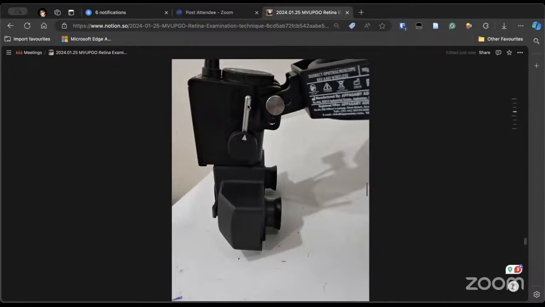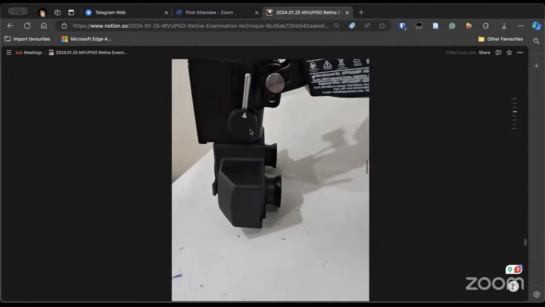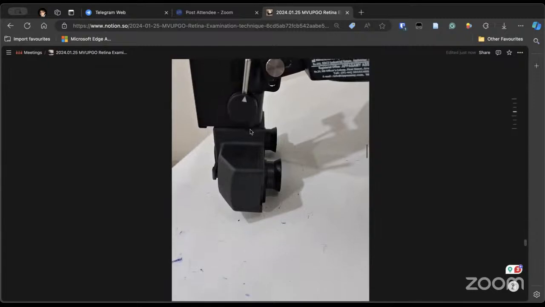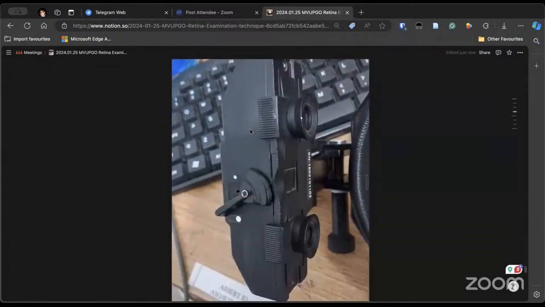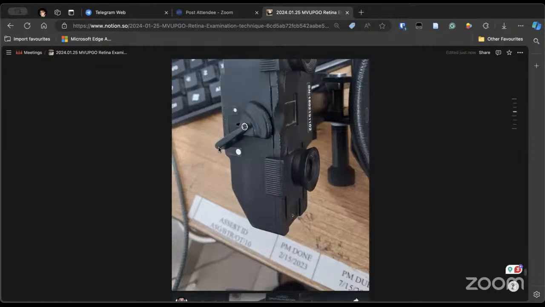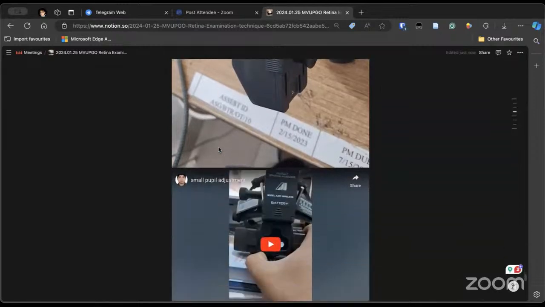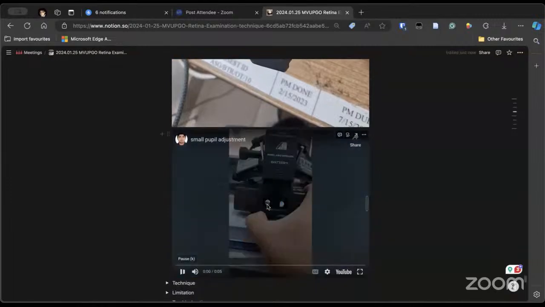See, this lever is reducing the beam size, like the diameter of the beam. What does this do? This concentrates all the beam into a smaller area. Yes. So what it will do, I have just kept this.